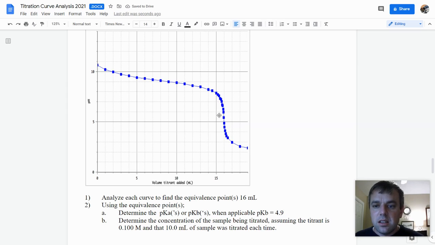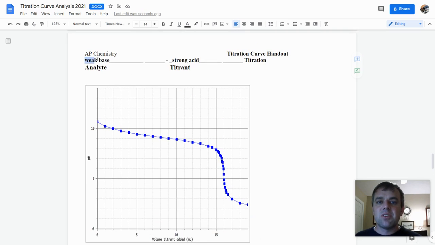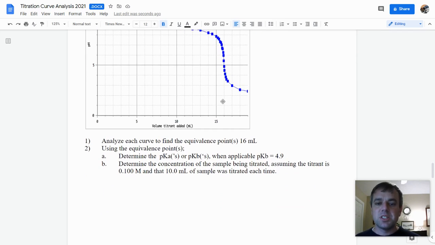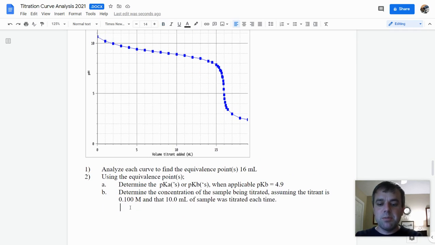Once again, if we find the pH at halfway to the equivalence point, the pH equals the pKa. But since we're talking about a weak base, we need to find its pKb because it's a base. And so we subtract it from 14. Then to determine the molarity of the base,